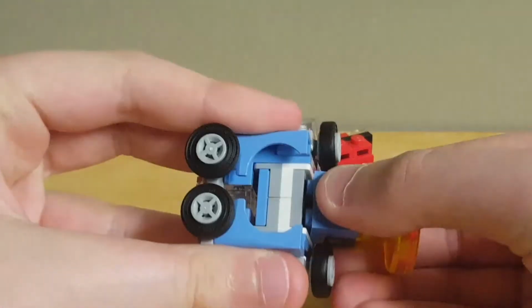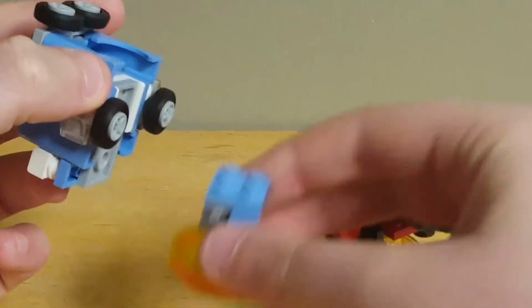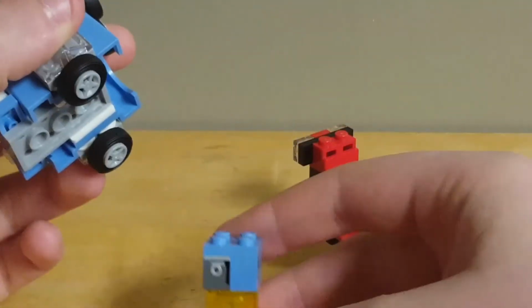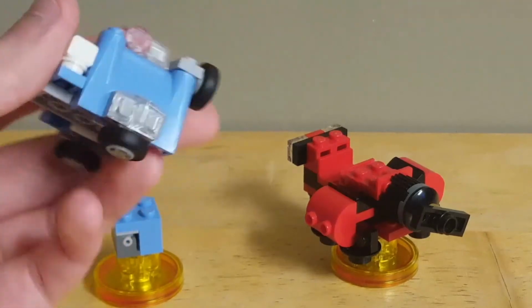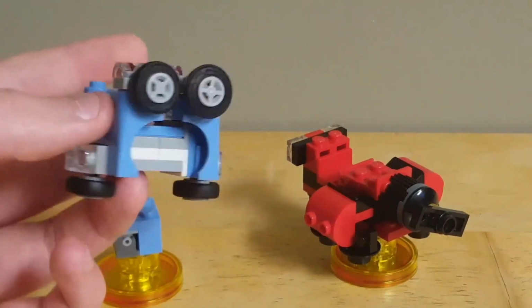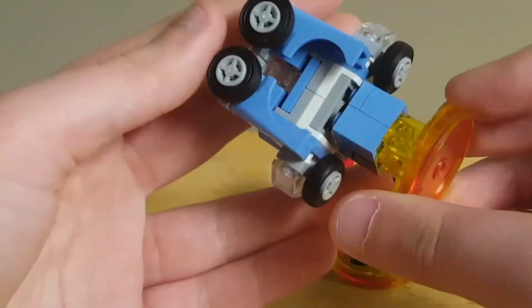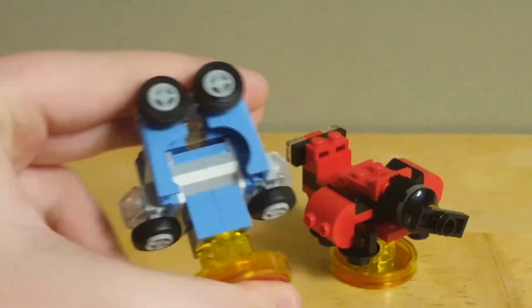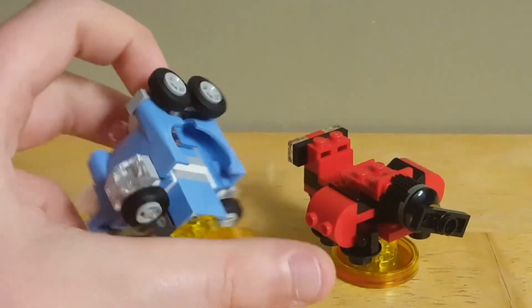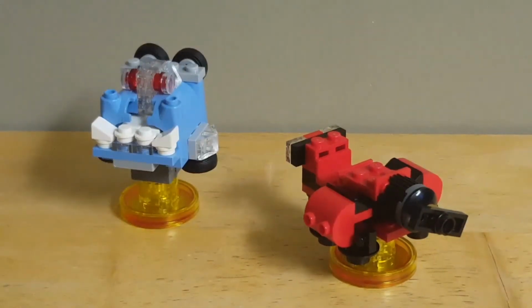Probably the one thing I'm not a fan of is how you do have these couple pieces that are just specifically for the stand, because they couldn't fit everything in here, but honestly, it's still fine. And I feel as though this build does definitely look better without that. So I'm fine with the stand. I'm just not a fan in general of the Dimensions builds that need to use some of the parts up in a stand because they can't get it all in the actual build, is what